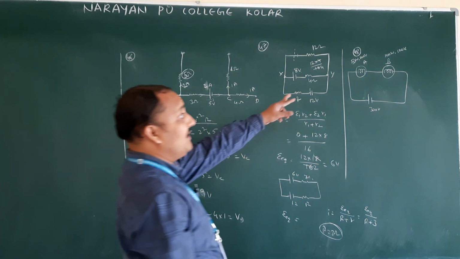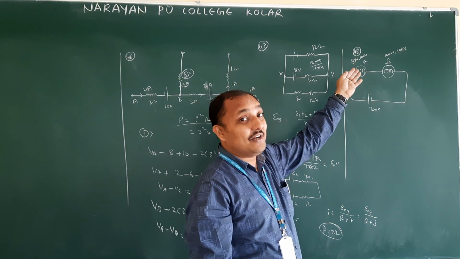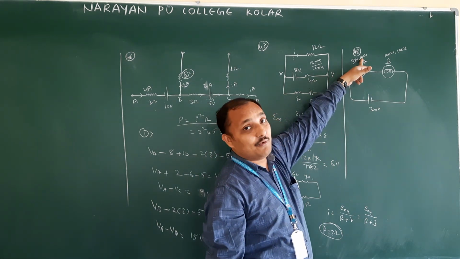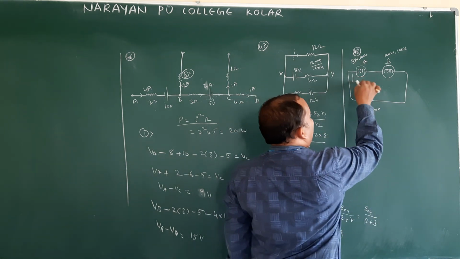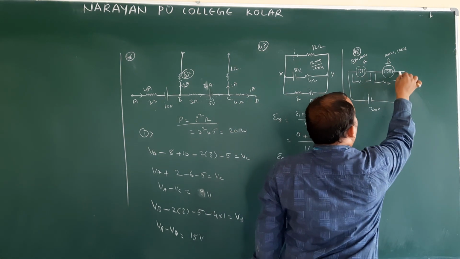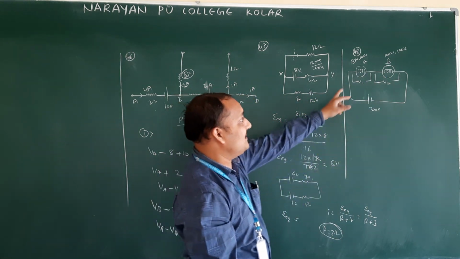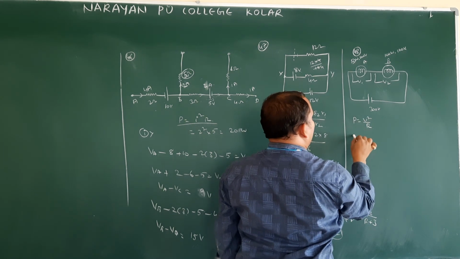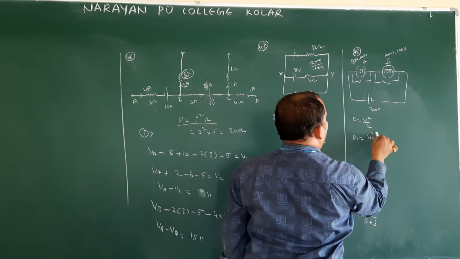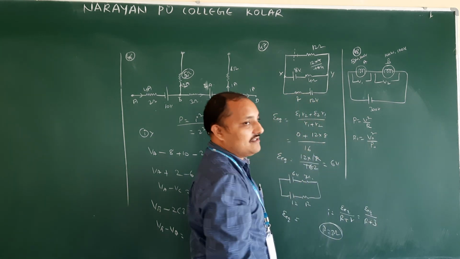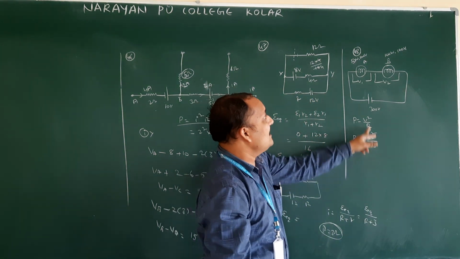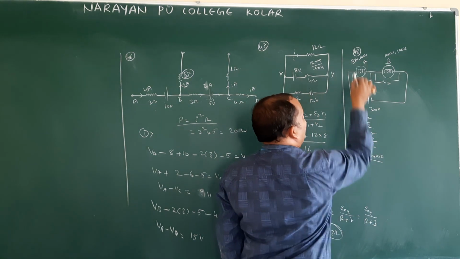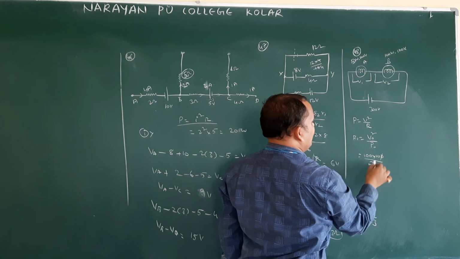When a bulb is going to be fused, already we gave the condition: if applied voltage is greater than rated voltage. Here rated voltage is how much? 100 volts. Here applied voltage we should calculate. Here two resistors are connected in series. What is the power formula? V square by R. Then R1 is equal to V naught square by P naught, or VA square by PA. Isn't it? What is the V value here? 100 into 100 by what is the power? 50. And how much did you get?